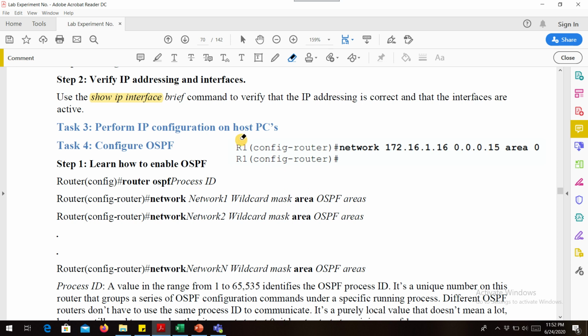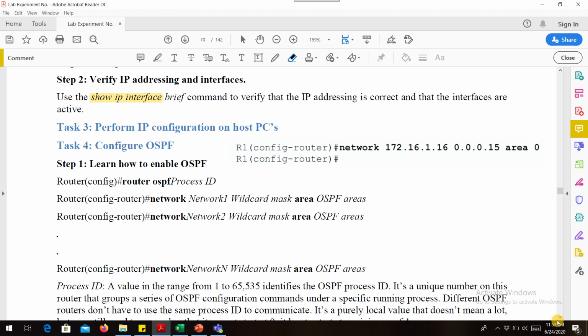So I have written here an example of how to write the command. You will enter router ospf 1, then in network write the network ID, then the wildcard mask, and write area 0. For this lab experiment, use area 0 for the whole lab.